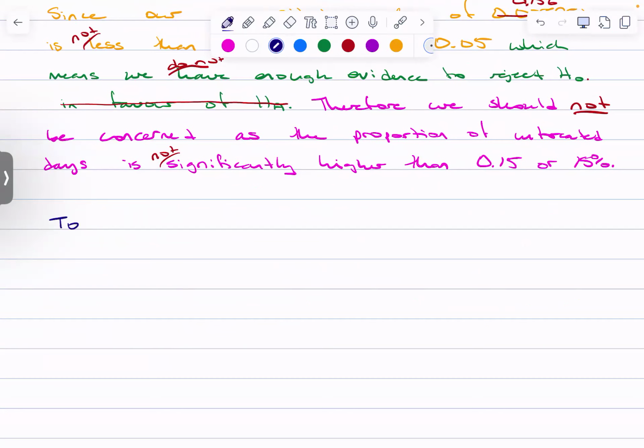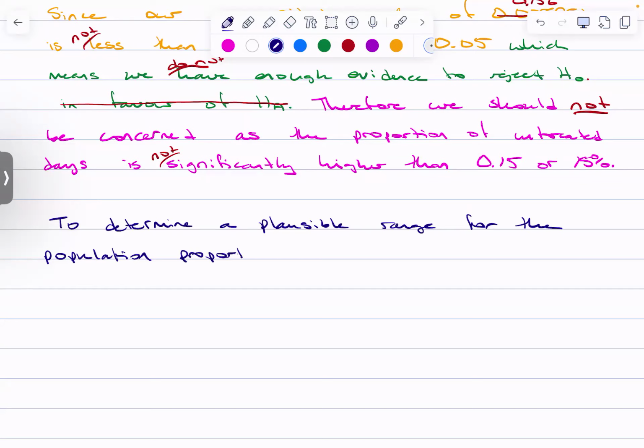So to determine a plausible range of proportions, or range for the population proportion, we can construct a confidence interval,